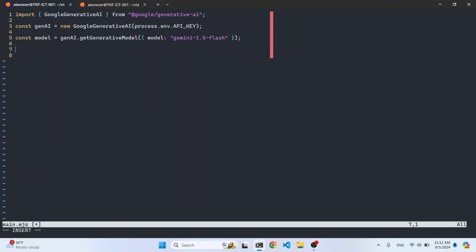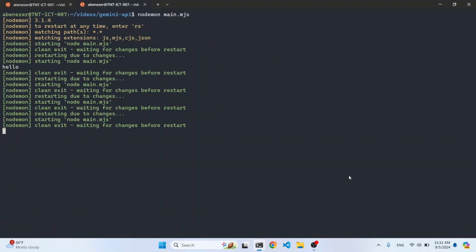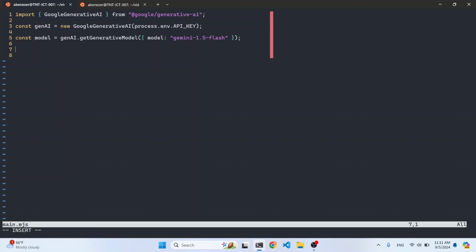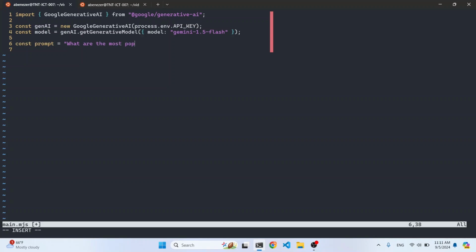So finally, now that we have everything working, we can just prompt the AI, or we can now use it. So let's say prompt equals. So what do you want to prompt? Let's say, what are the most popular programming languages? Let's just say this is our prompt, and finally we can get the result of this prompt by